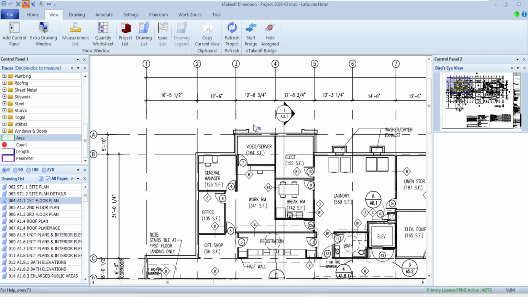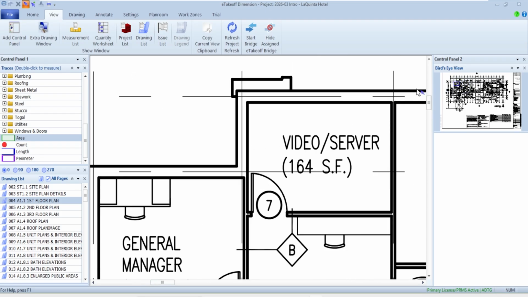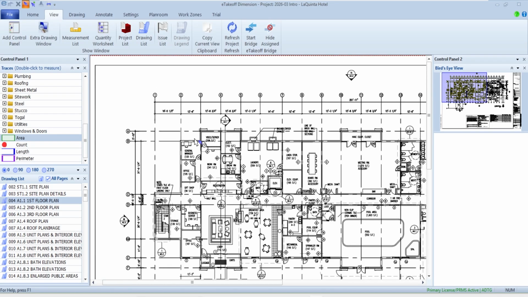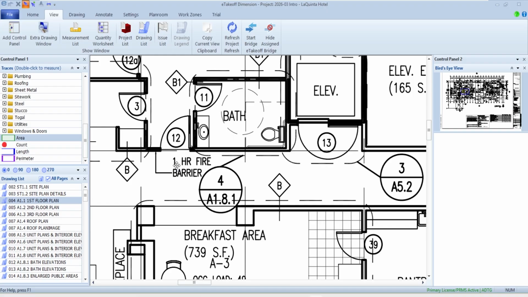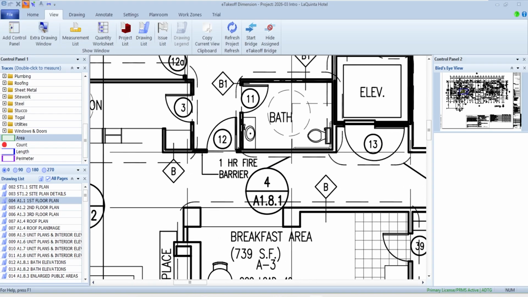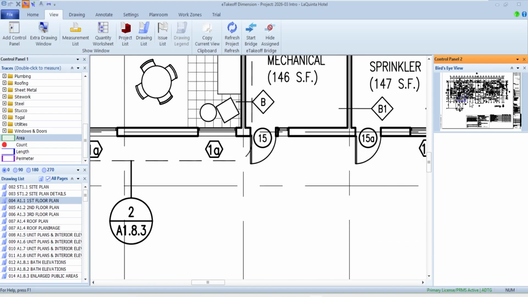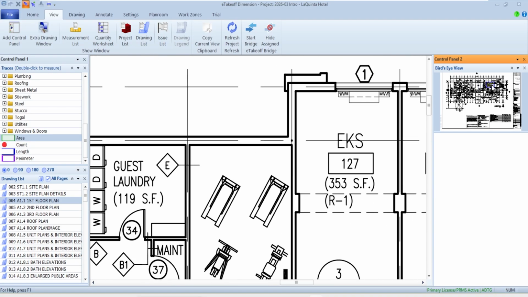This is where I can actually see a bird's eye view of what I'm seeing on the screen right now. This is very powerful because that way you can tell exactly where you're at on a set of prints. Even if I get down here in the middle and I'm zoomed in much, you can see the box there of where I'm currently at. This is also handy when you start trying to scroll pages, because it's faster to grab this box and move it around. That way I can very easily navigate from one section to another as I'm navigating the page or doing takeoff.